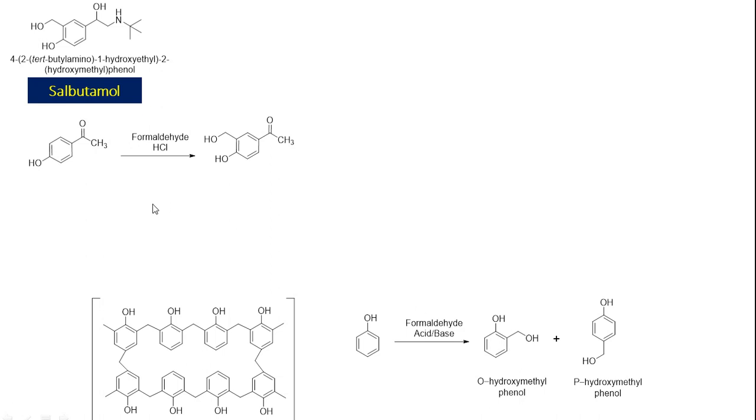Because in the case of parahydroxyacetophenone, the para position is already occupied, so this product will not form, and exclusively the single compound that you are going to get is this compound. So this is the way the salicyl alcohol part is first built. Then the two hydroxy groups over here are protected by using acetic anhydride, so the acetyl derivative, the diester, is obtained.